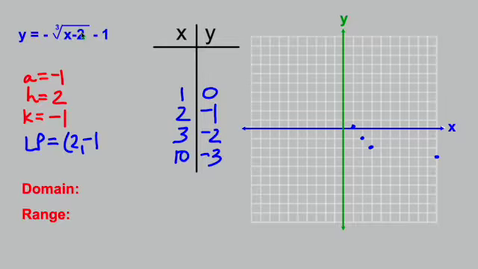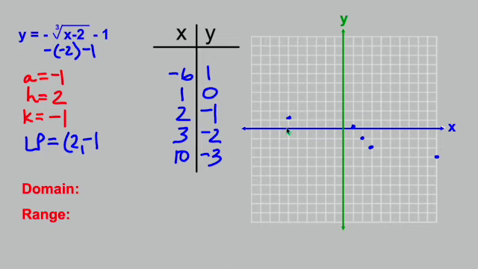And likewise, if this was a -8, that would be handy. So I'm going to make this into a -6 because -6 minus 2 is -8. The cube root of -8 is -2. And if you have a minus a -2 and then subtract 1, well, that's going to be a 2, and a 2 minus a 1 is 1. So if I go left 6, 1, 2, 3, 4, 5, 6, up 1,